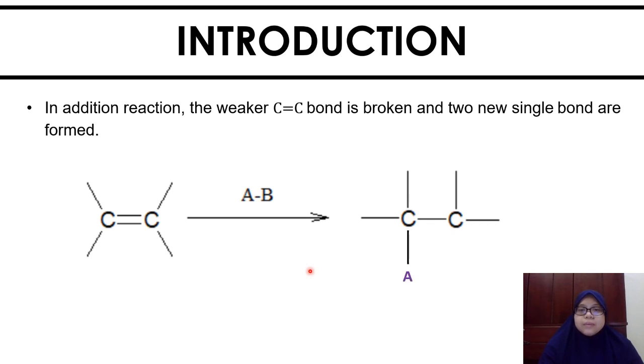One between carbon and A, reagent A, and then another one forming between carbon and B. Both A and B come from our reagent, the one that we added to our carbon-carbon